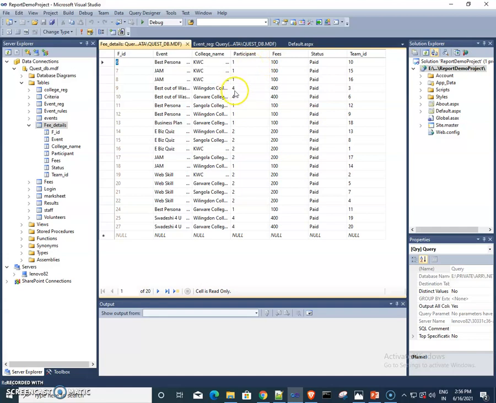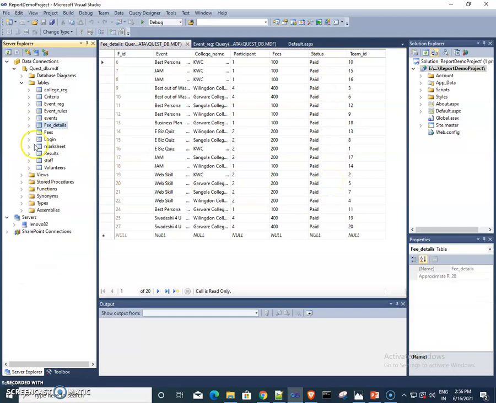So for 4 participants there is 400 fees. Such data is already present inside our database. Then we can see the status is paid here. Sometimes for some records there may be a value for this status field as unpaid.